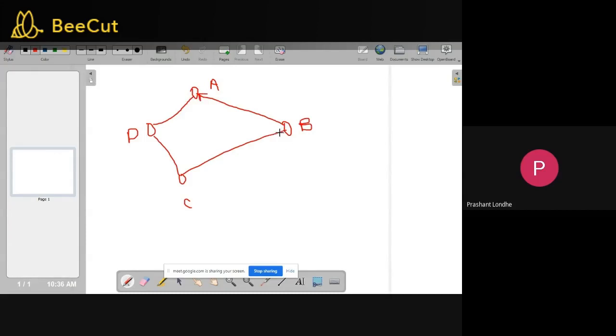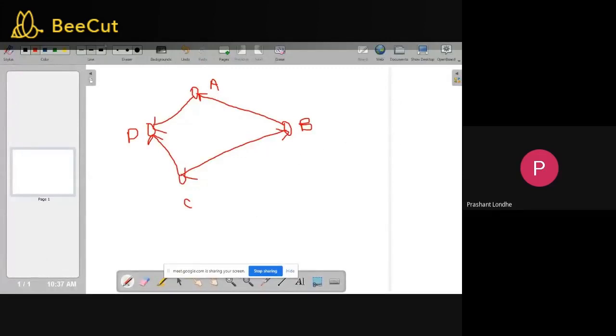like this. This will be like this. Okay, this will be like this, and this will be like this. Means what will happen over here? A is connected with B, but the direction is from B to A. Then B is connected with C, means the direction is from B to C as well as C to B, and C is connected with D, but direction is towards D, and D is connected with A, but the direction is towards D.